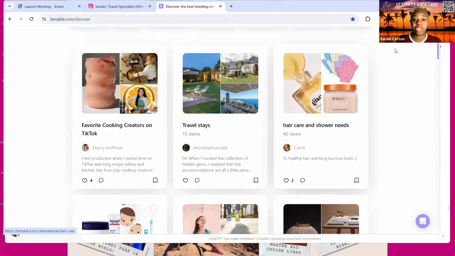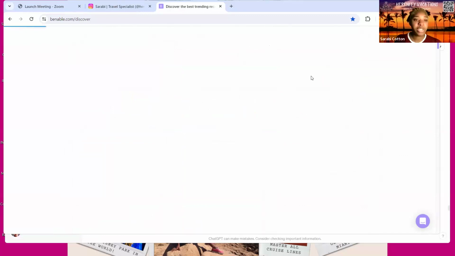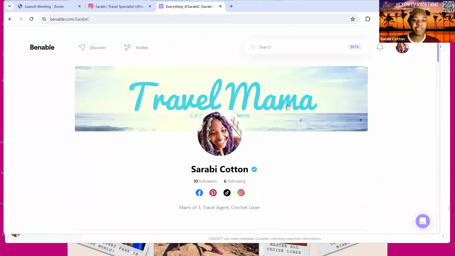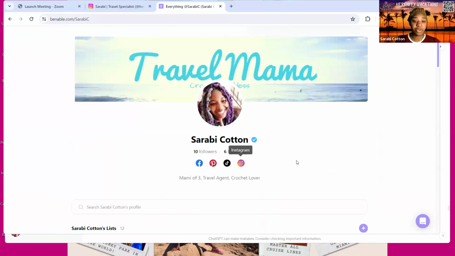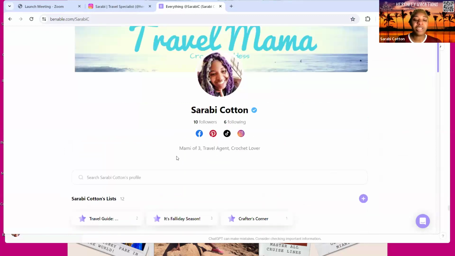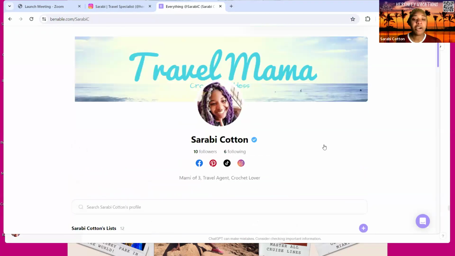So let me go ahead and show you what my page looks like. When you get it set up, it's pretty self-explanatory. You can create like a little background. I did this in Canva, super simple. And then I have my profile picture, your name, it gives you followers, and then you can actually connect your social sites. So whenever you're creating a list, it'll give you a special link for each of these sites that you can link to those particular sites. And then also put like a little description. I keep it simple. I just pretty much have who I am on here, what I do, and that's basically all that I kept it at for my description.